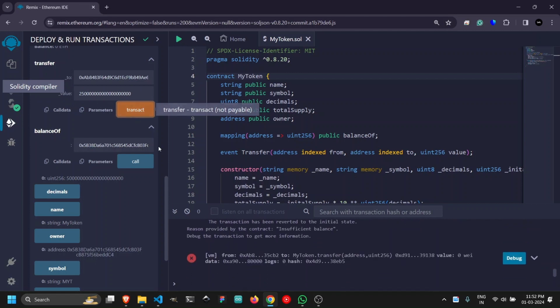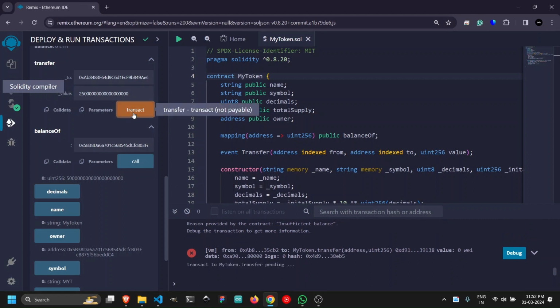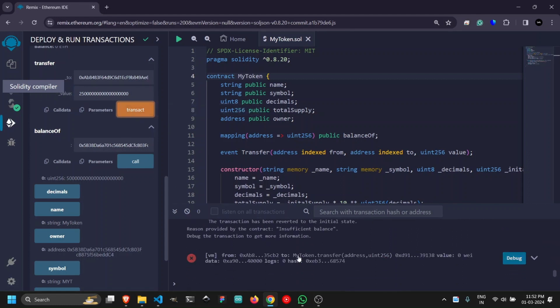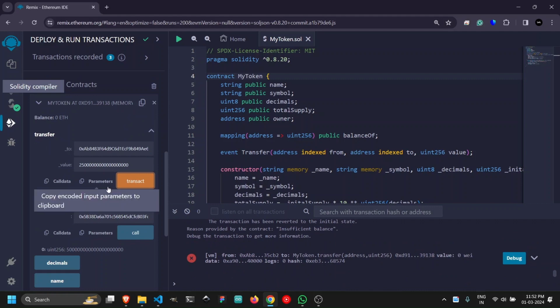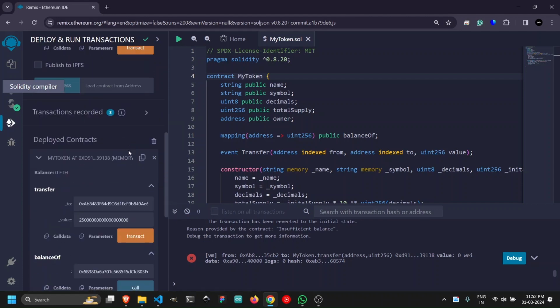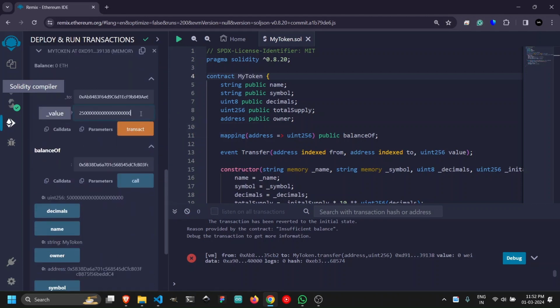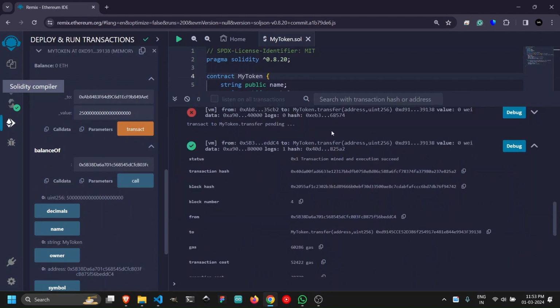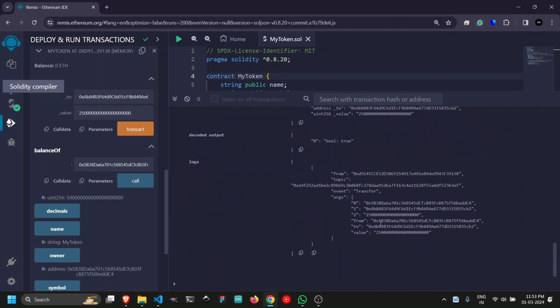So I'm going to transact. What is insufficient? Oh, sorry, I have to remove the 1 0. Okay, so just click on transact. What is the problem here? I've changed the address. Just make sure to put your address back and put the 0, because this is the real thing. Just click on transact, and now you can see the contract function successfully executed, and you can see